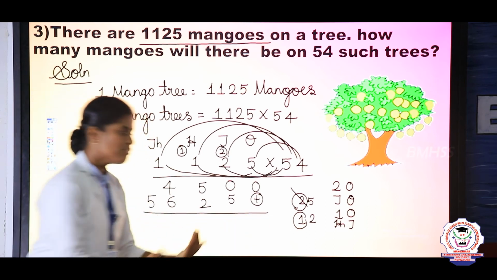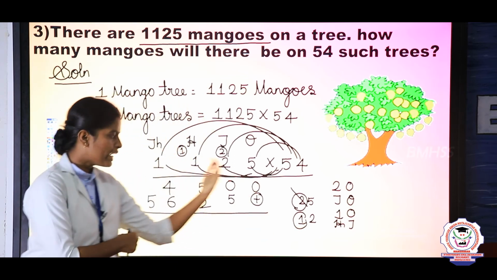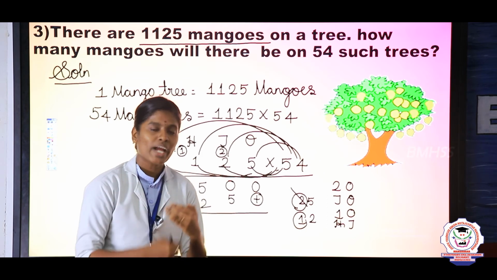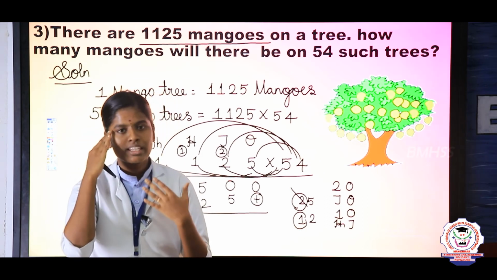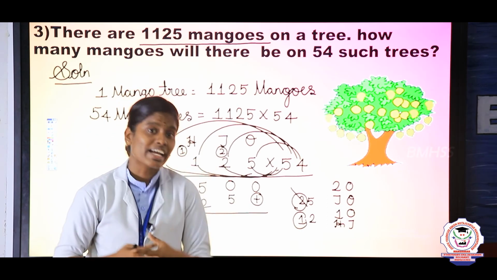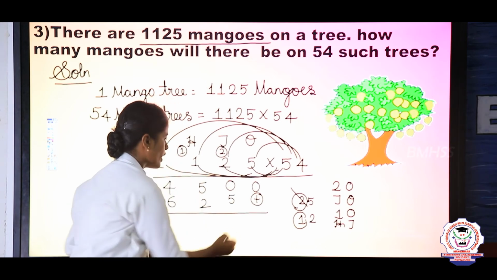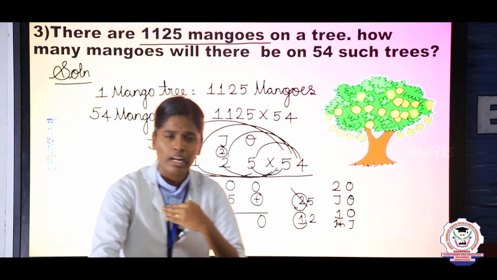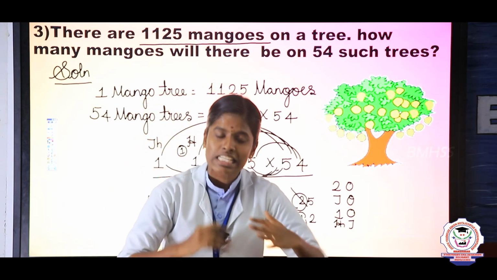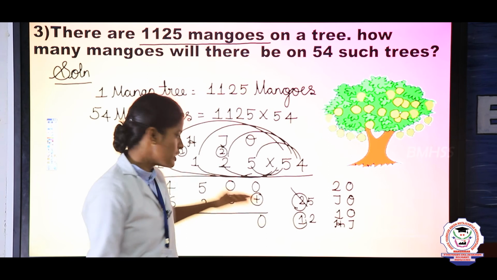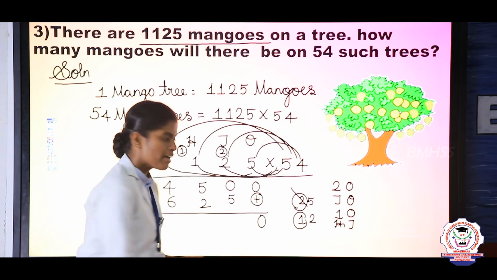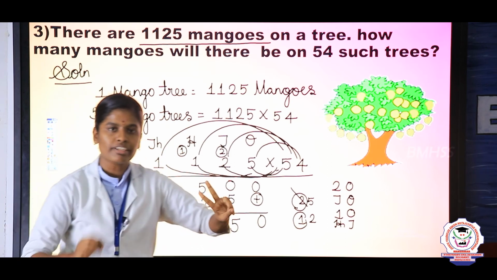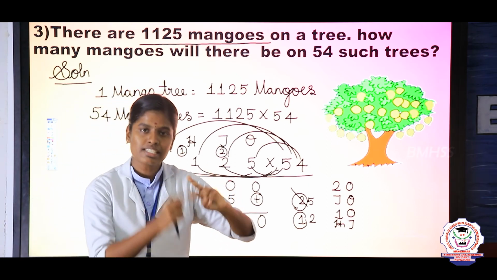Now we are going to add this. While adding the numbers, first we should start from ones place, tens place, hundreds place. Here the ones place values are 0 and 0. So keep 0 in the mind, 0 in the finger. So the answer is 0. Again 0 plus 5. So listen my children, whatever number we add to 0, we get the same number. Here the question is 0 plus 5. So the answer is 5. Take 5 in the mind, 2 in the finger. So 5 after 6, 7.